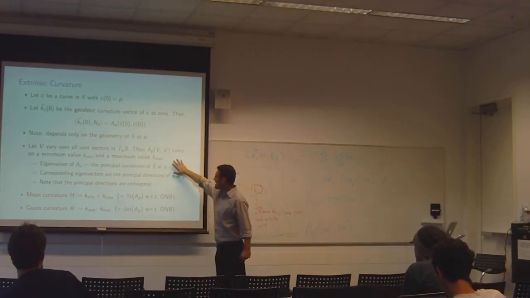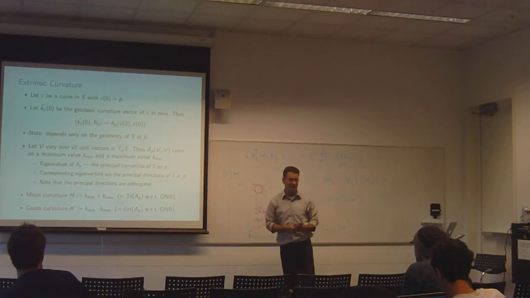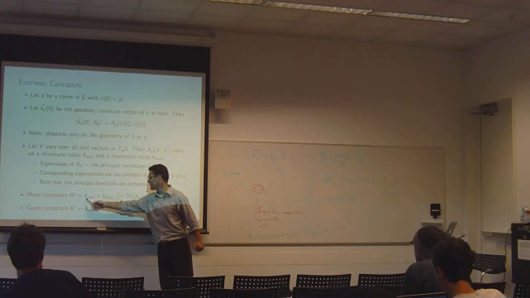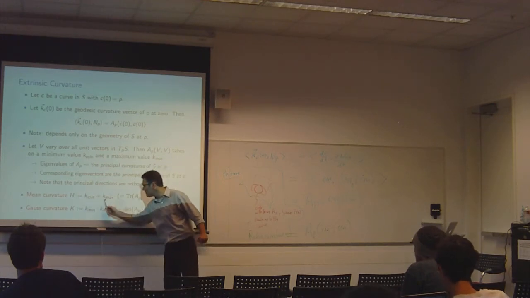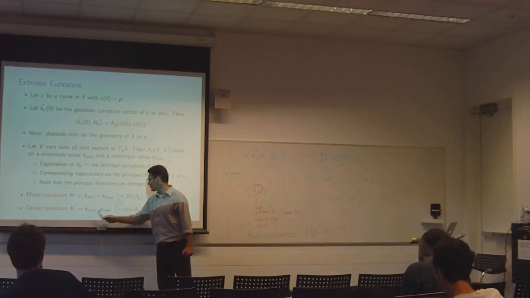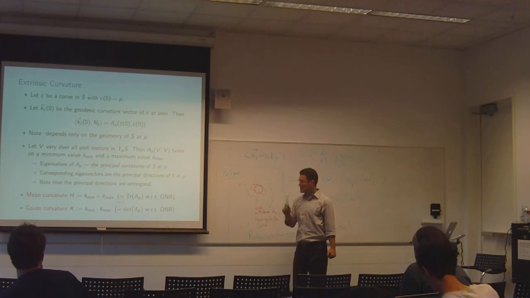Okay, and now we have these. The next two curvature quantities are the mean curvature and the Gauss curvature. The mean curvature is simply the average, well, not the average exactly because I've taken out the factor of 2, but anyway, the sum of the principal curvatures. And the Gauss curvature is the product of the principal curvatures. So these are good numbers